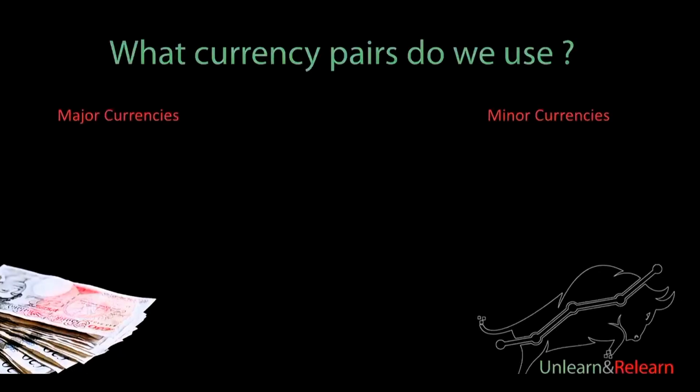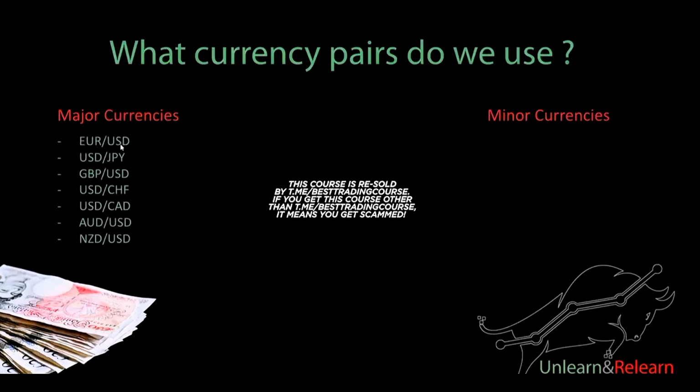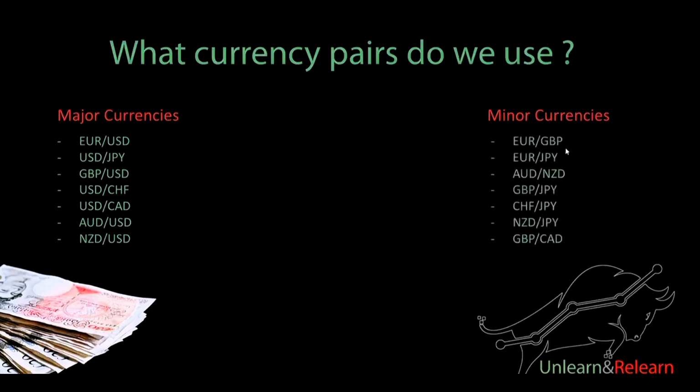In these sessions, what currency pairs are going to work best? This is really important too. First we have the major currencies, which are your USD pairs, your euro pairs, your pound pairs. These are your major currencies. Now, when you look at the spreads on these major currencies, they're relatively low compared to all the other minor currencies